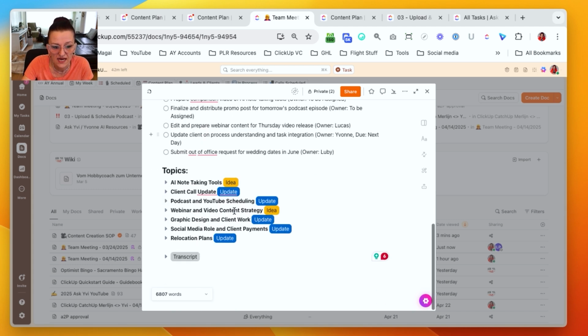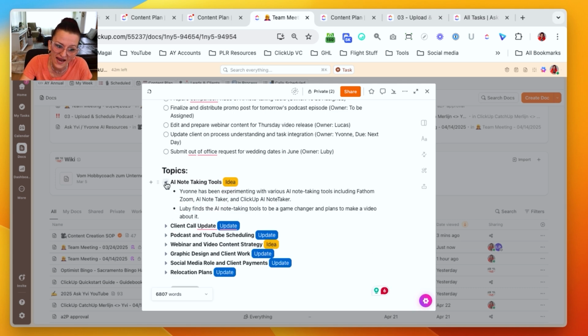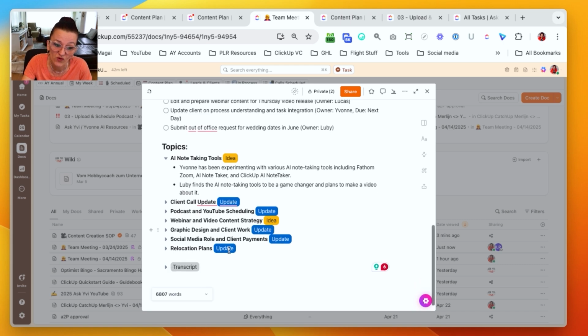And one of the features in AI Notetaker I really like is that there are different topics. There is idea, there is update, there is issues. So you easily have those general topics that you talked about, and the snippets of more information on what happened here, as well as whether it is an idea, an update, or an issue. If you had a client meeting, it will point out if there is an issue and the AI perceived that something didn't work right with the client and the client might be at risk. You get these right down here.